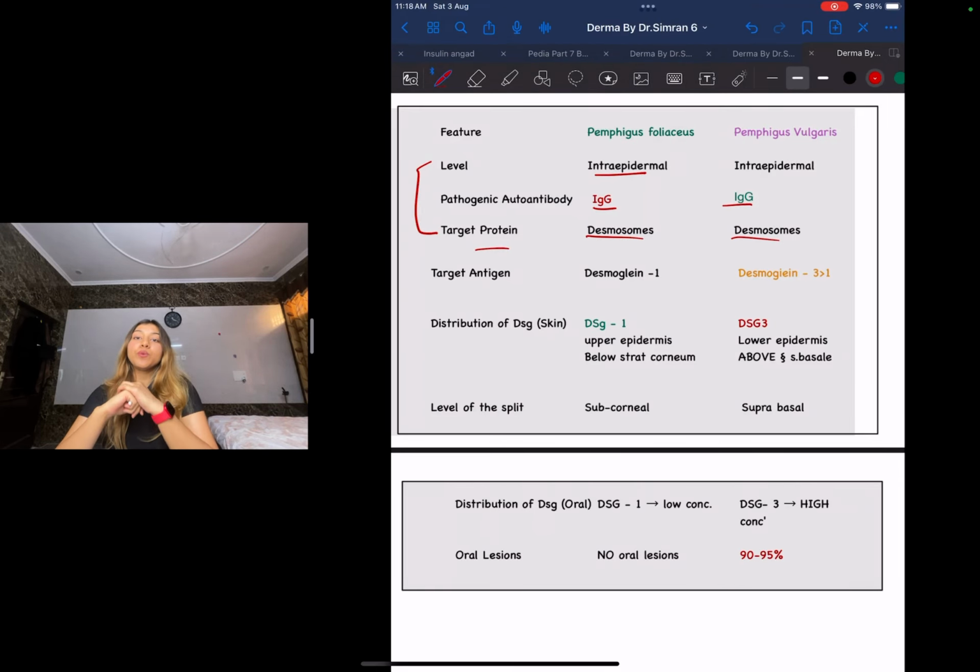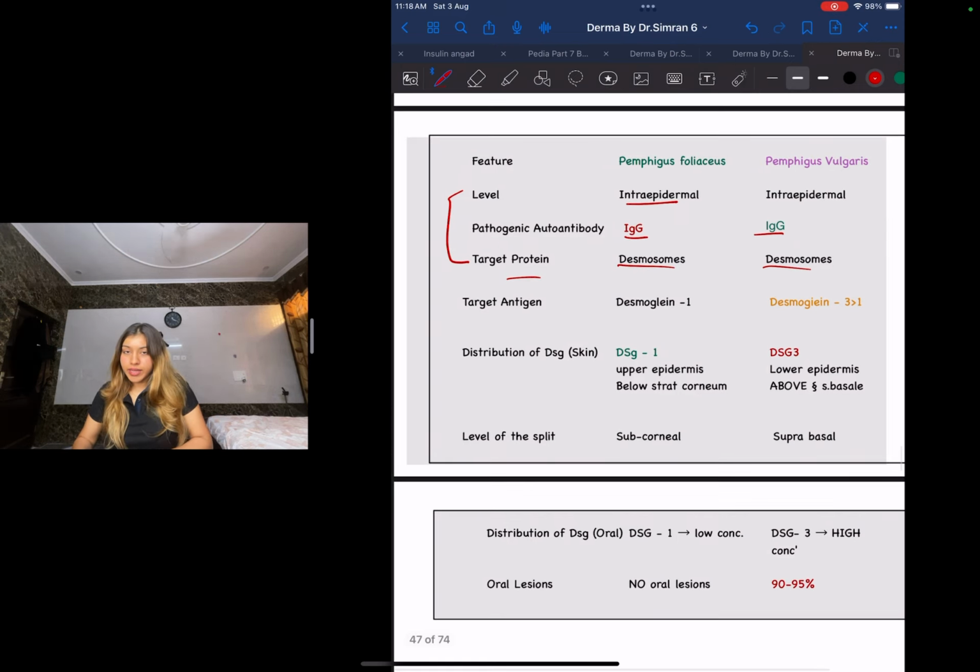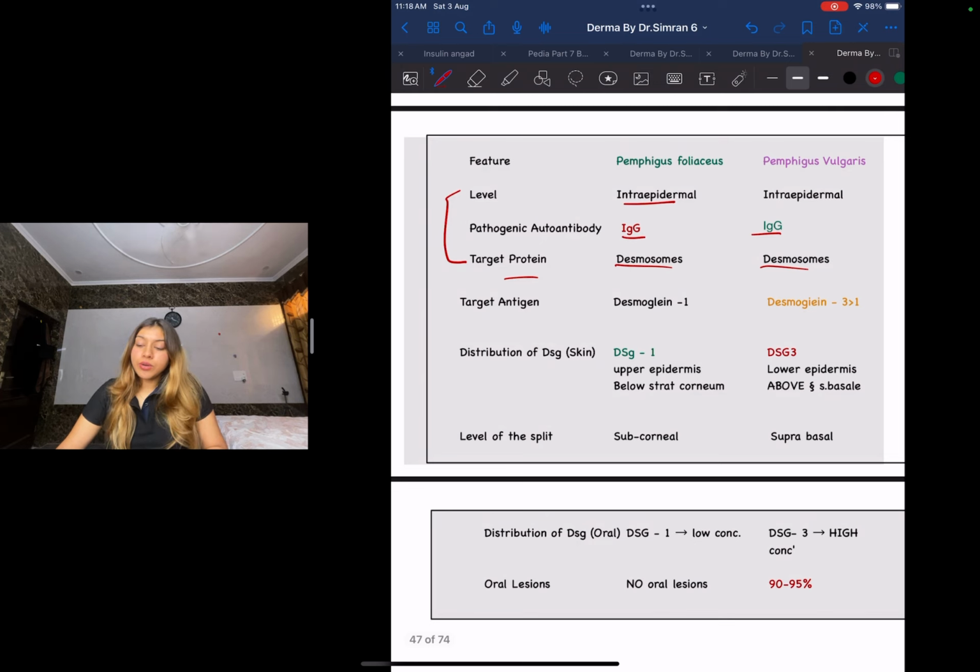We're going to continue with bullous diseases which we studied in part 3. This is a continuation of that. What I need you to understand here, guys, is that whatever we studied in part 3 was the clinical aspects of intraepidermal versus subepidermal, the different signs, that was Nikolsky, bulla spread sign, right? We're going to apply all those concepts over here.